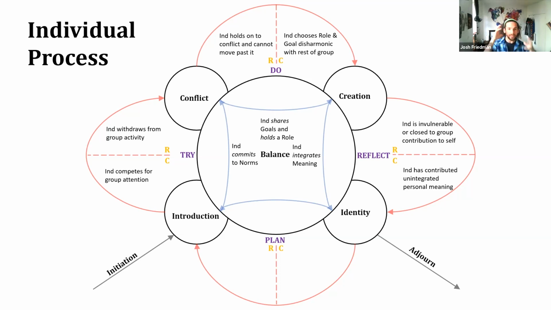This is about getting the data and saying, okay, this individual got that and this individual didn't. What were the differences in these individuals' experiences, and how did I, as a facilitator, create those experiences, right? Do individuals have an opportunity to integrate their personal meaning in a meaningful way?